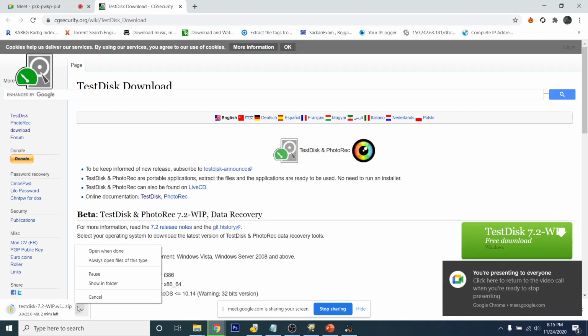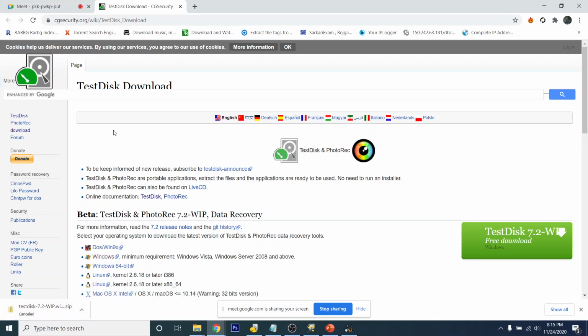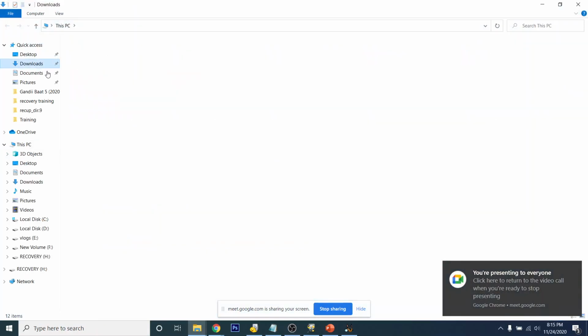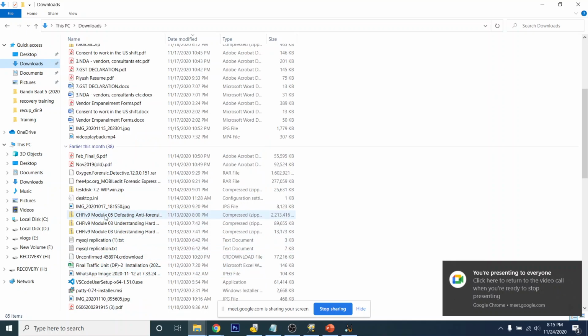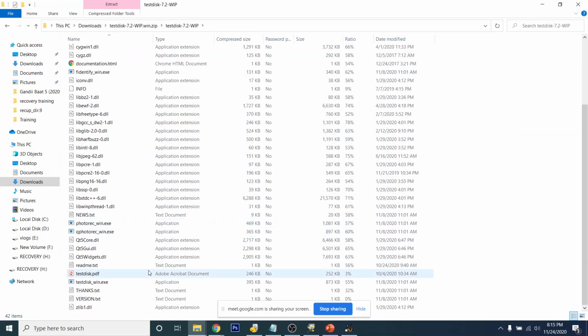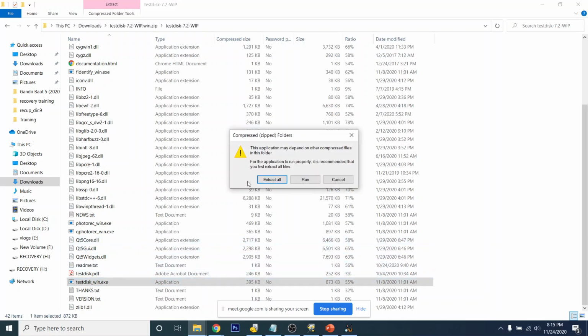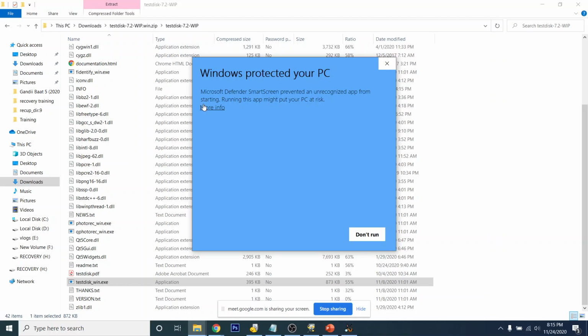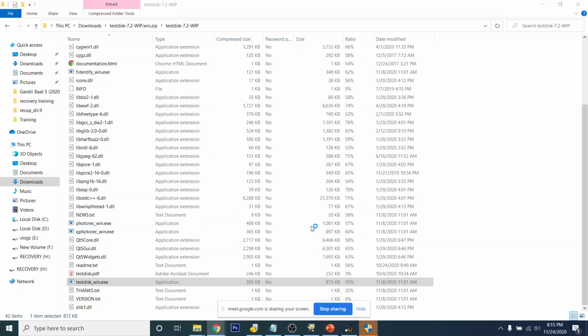After that you have to extract the files also, because without extracting the files, it won't work. It will show you an error. Let me show you. These are the unextracted files. If I click on TestDisk, click on run, more info, run anyway. Yes, see, an error is there